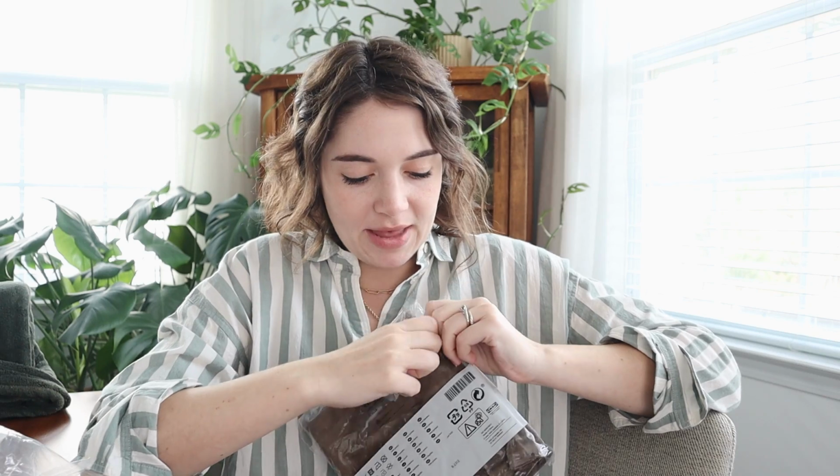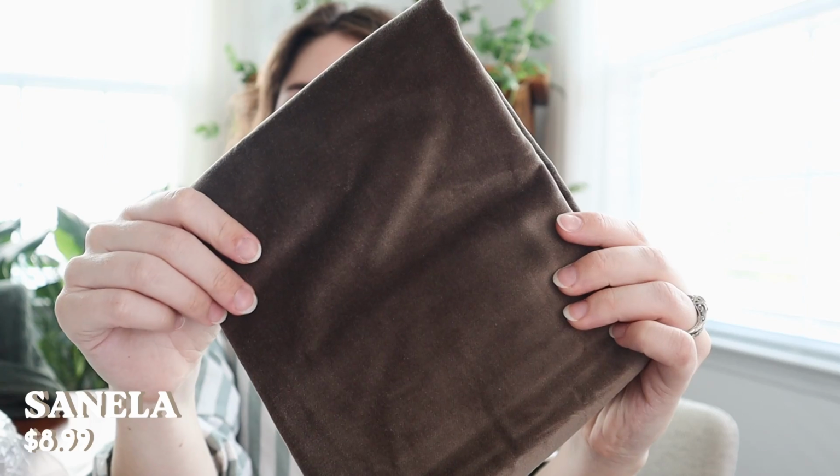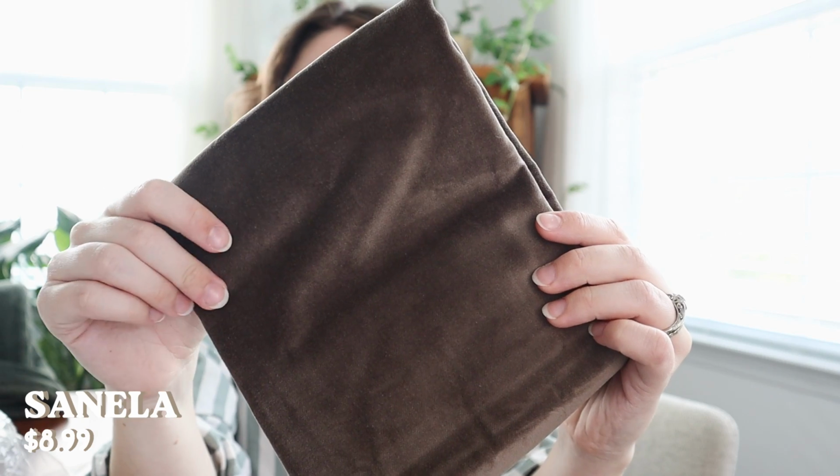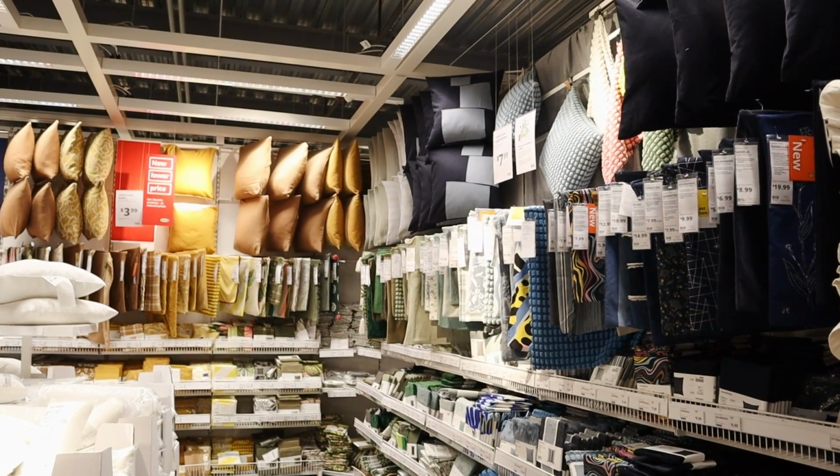Let me get this one out of the packaging so you can properly see it. There we go. This is just a very soft velvet throw pillowcase. I have to say, in the past, when I've been to Ikea, I've always kind of just glossed over their massive section with different pillow slip covers. I've always just walked by it because I never felt super inspired by some of the designs that they had. But not today, because not only did I get this beautiful brown pillowcase, which I think is going to look amazing in our living room,